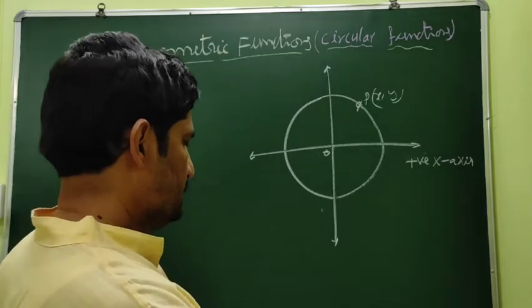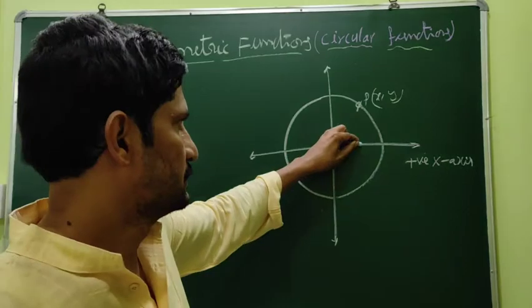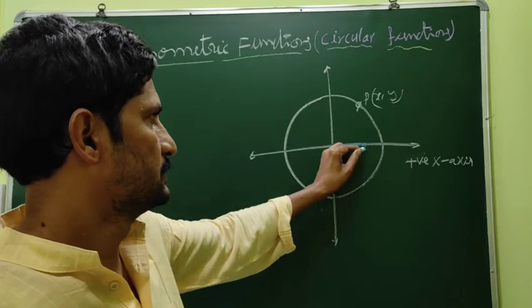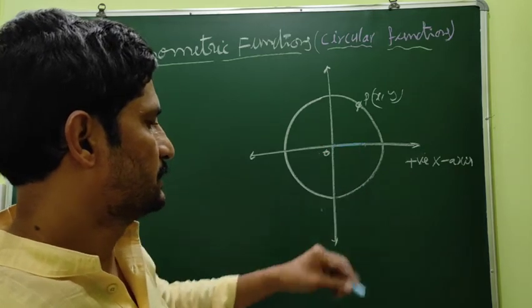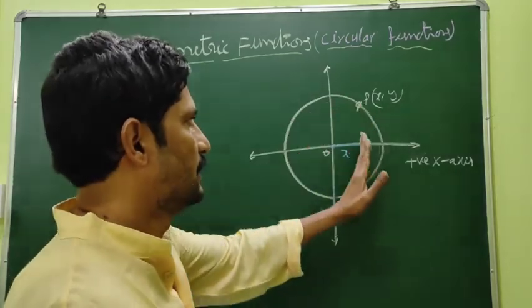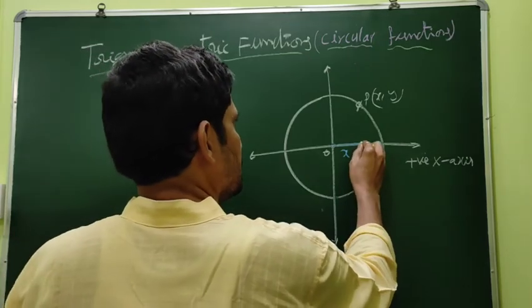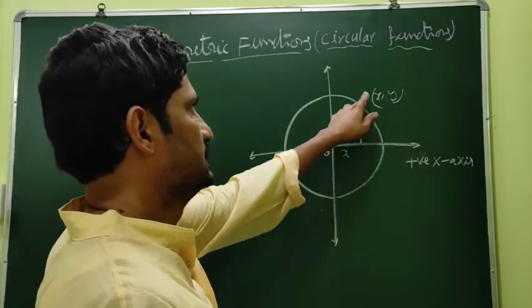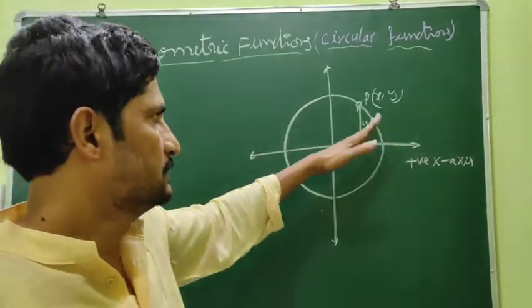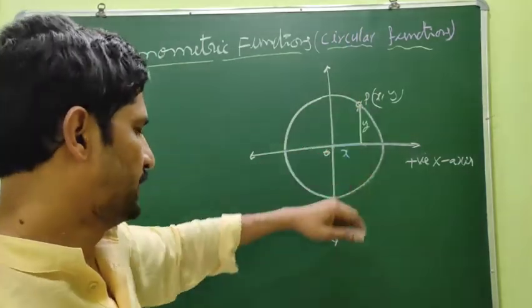Here, what is x? X is from the origin, run towards the x positive axis. Now it is the one point, it is the run. How much are you running? You are running this. Now rise, go up. The rise goes up, then you are reaching this point P. How much rise? Rise is y. Run, rise. Run, rise. You can get the point P.